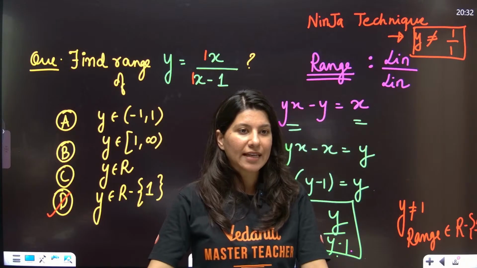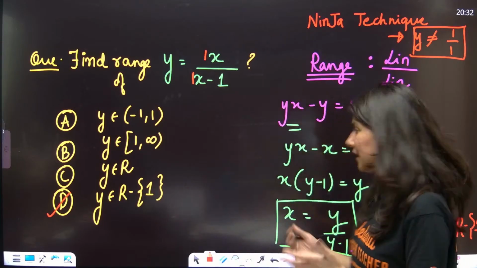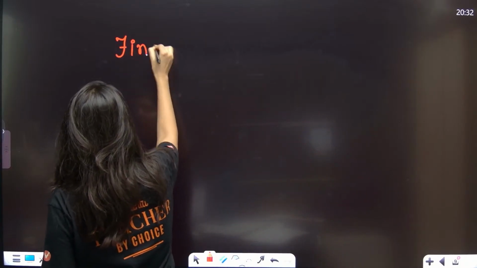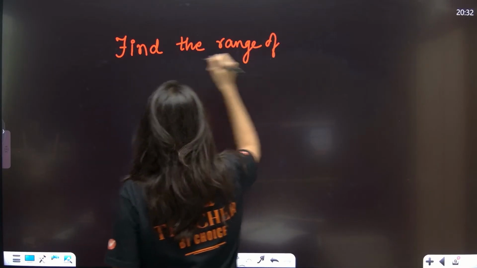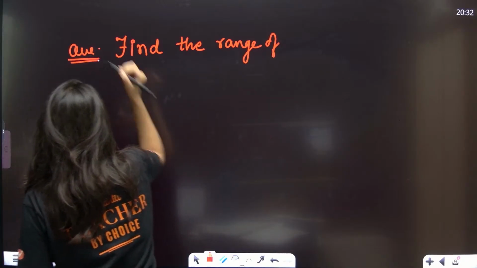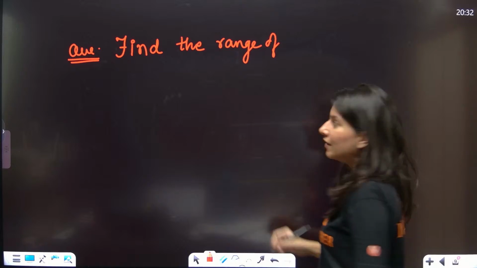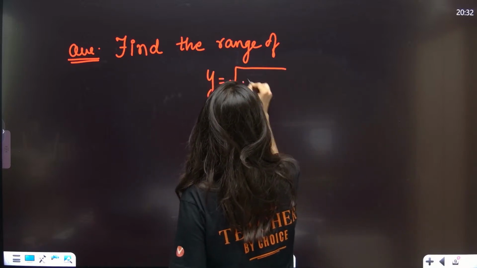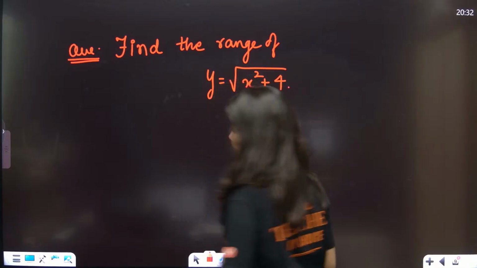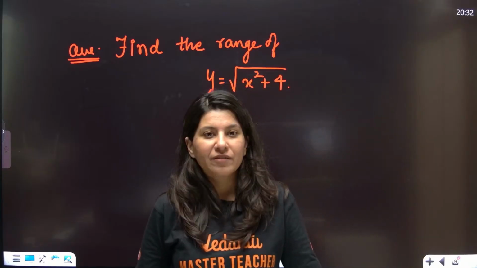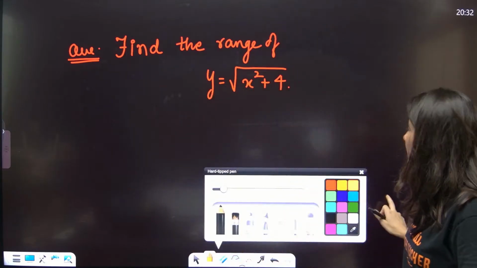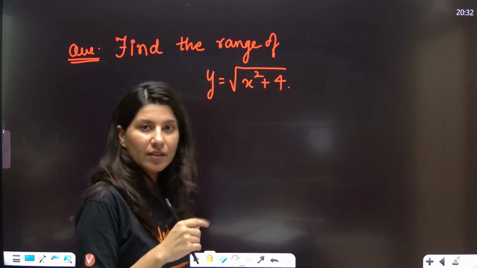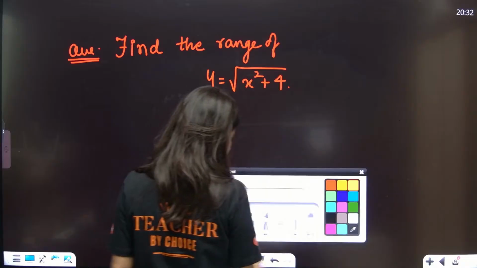Now let's talk about the next question. Multiple questions have multiple methods. Find the range of y is equals to square root of x square plus 4. So there is this method which you can call the circle method. So the circle method says, suppose